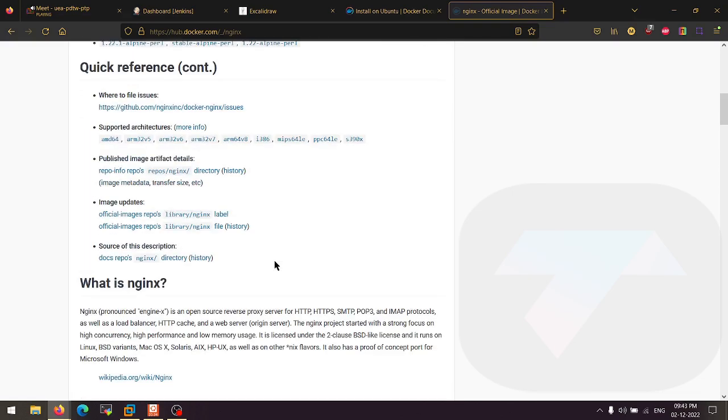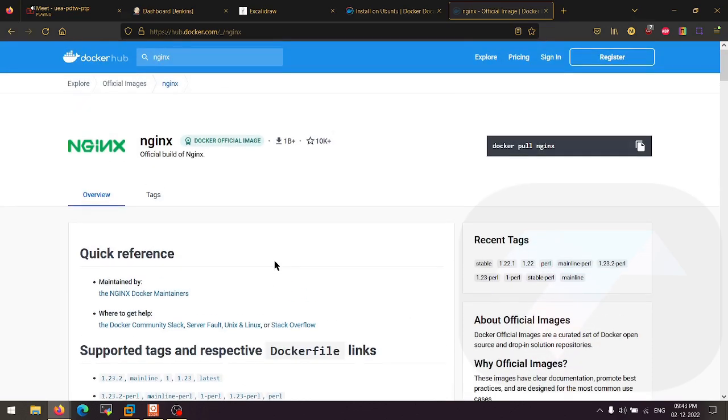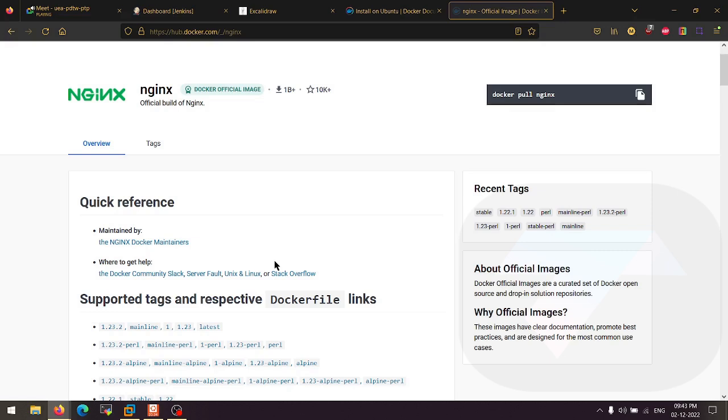So whenever you are going to use any public image and you don't know how to use it and what configurations are already done, you can check here. For example, I'm using the Nginx image. I know that Nginx has a configuration file and lots of stuff. So is there any change inside this image, or is it a stock image?